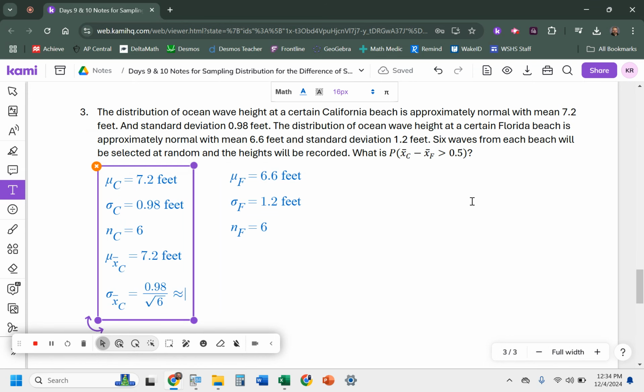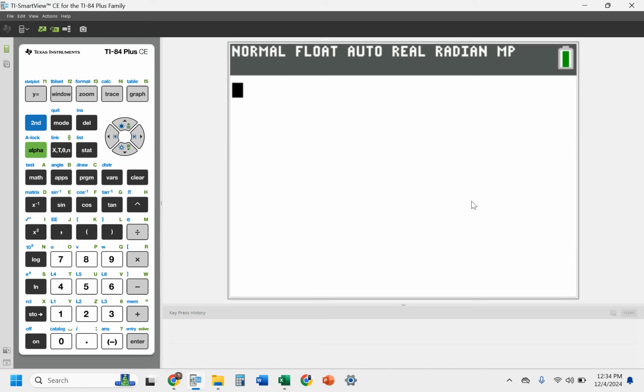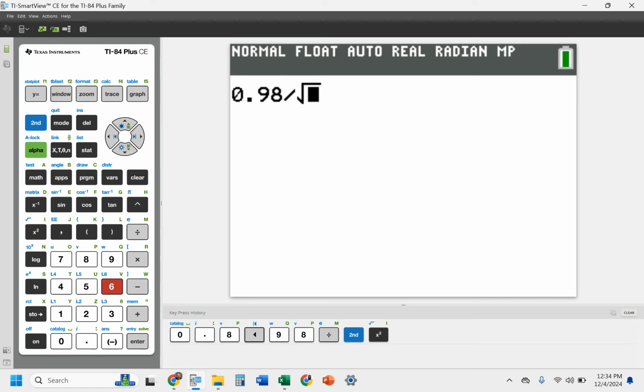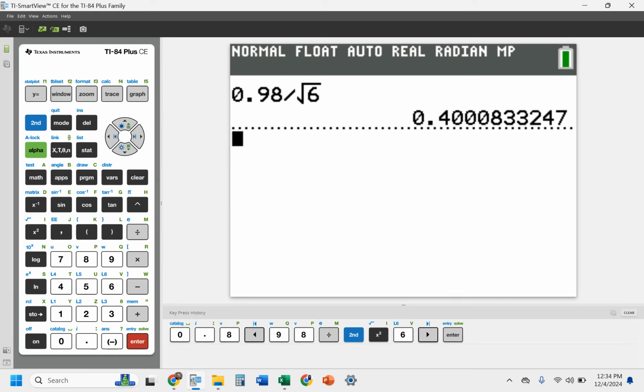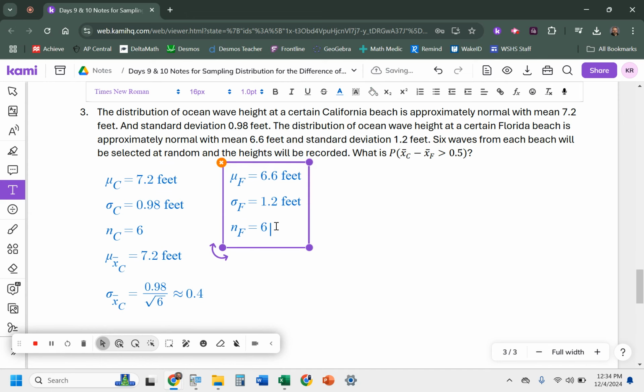And so if I go to my calculator, let's see, where's my calculator at? Here we go. I've got 0.98 divided by the square root of 6. And we're going to get a standard deviation of about 0.4. Okay, it's approximately 0.4. Now we need to also do something like that for the wave heights, for that sample